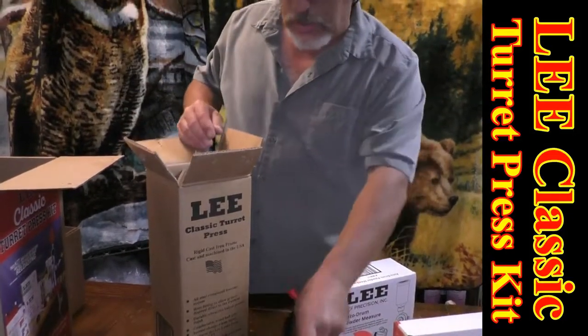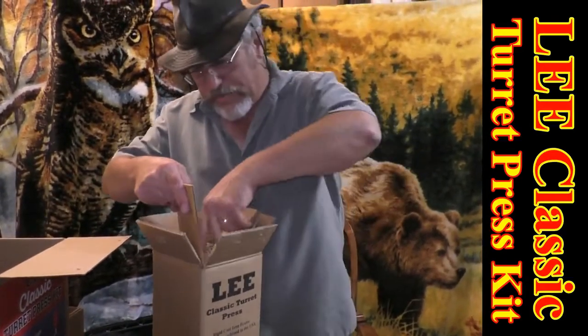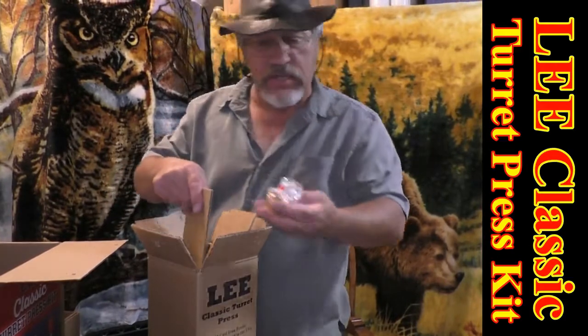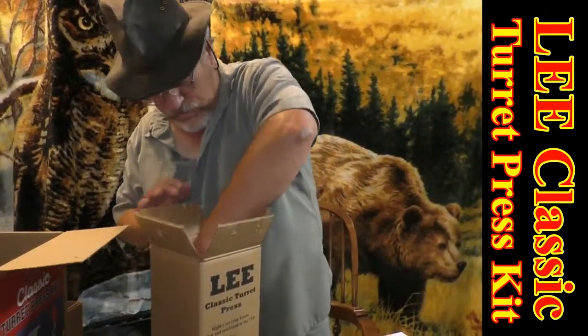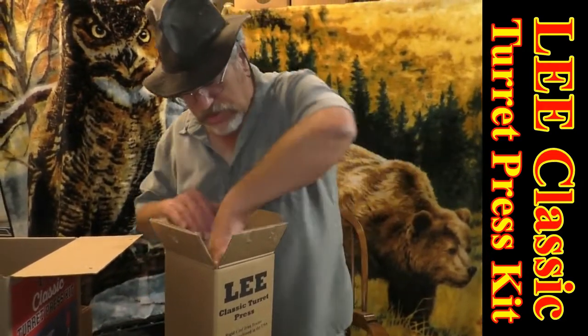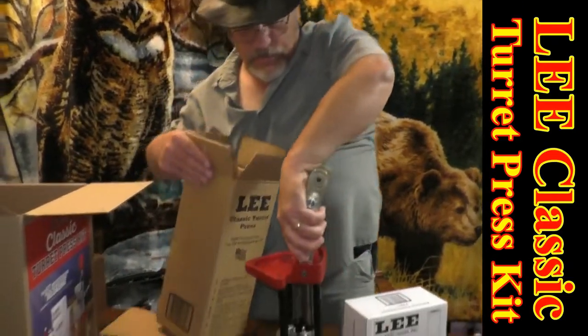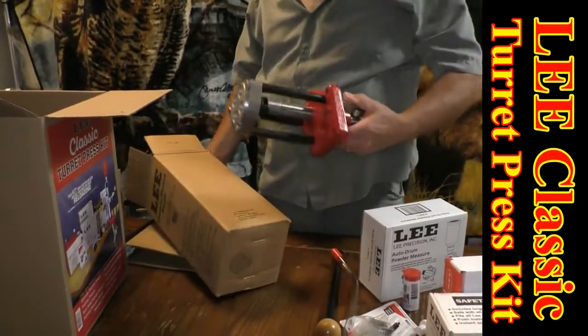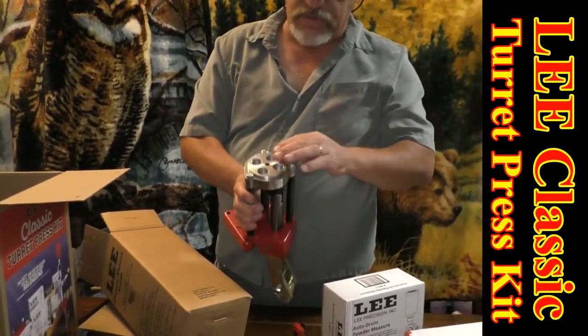The primers go, once you decap them, unless they change things over the years. Okay. Catalog and stuff. There you go. Put that baby upright. Of course, put your dies in there. I have several different